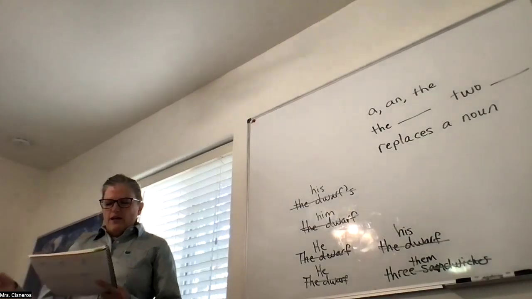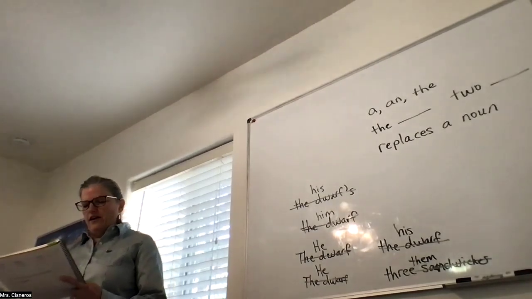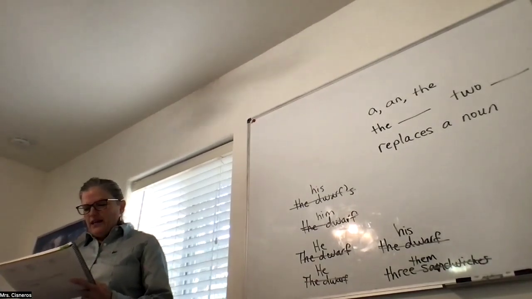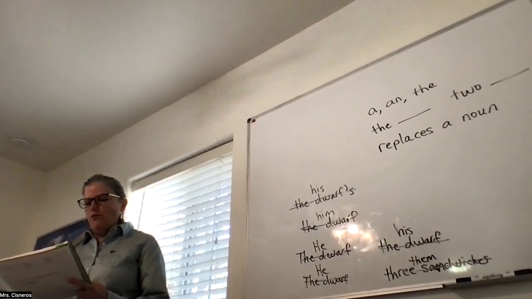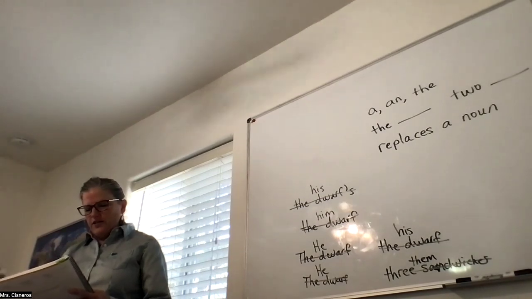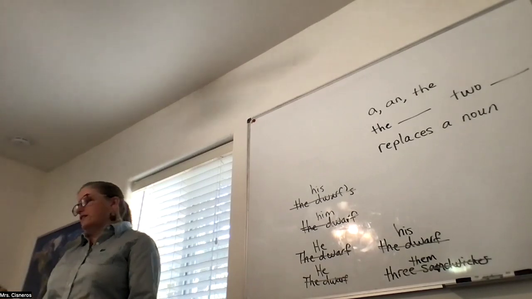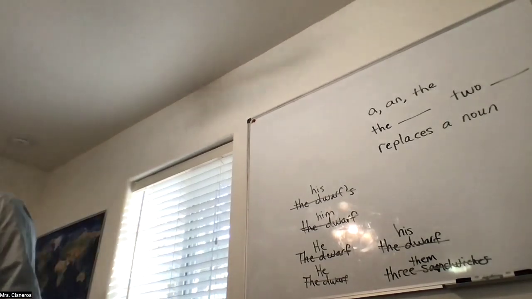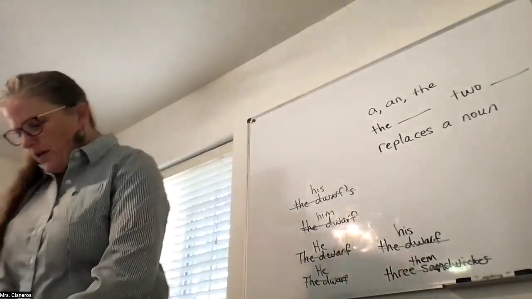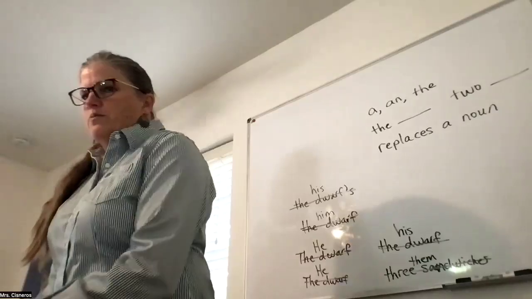So now it's going to read, the dwarf put on his red jacket and his boots. The jacket and boots kept him warm. He filled his bag with 3 sandwiches. He walked to the woods to eat them. Good. Is that what you guys have now? Yeah. Nice. Okay. Go ahead and turn the page. That's why pronouns help us a lot. The back of that is blank.